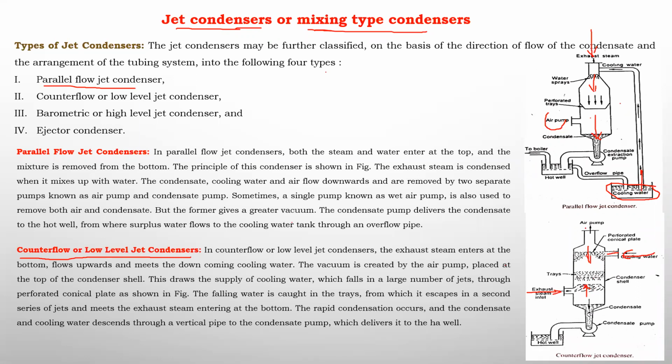And here, by placing an air pump, it will create a draft. Draft is nothing but the pressure difference it creates, like in our kitchen where we place a fan, it creates a draft. This draft is created in such a way that inside a vacuum is created and outside is higher pressure, so that it sucks the steam in the upward direction. When the steam moves upward and the water droplets move downward, both get mixed properly, and this steam gets condensed, and this total mixture, the water as well as the steam after cooling becoming water, will be collected at the bottom.